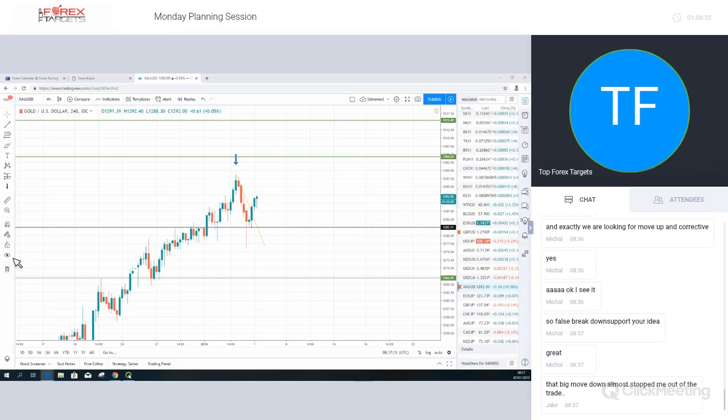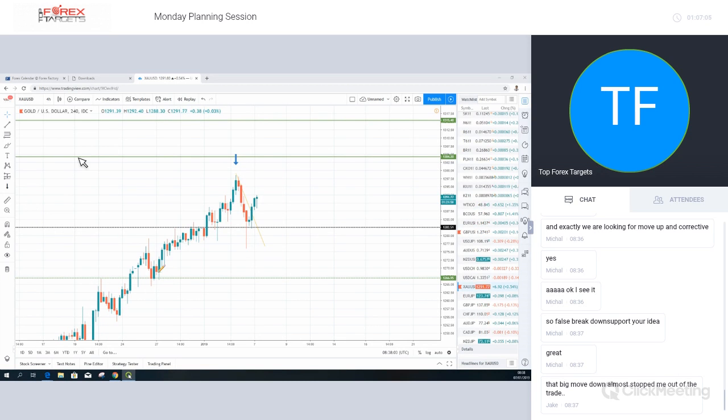Does it make sense? Trading is not easy, but it's simple. Once you know what to look for and once you have a mechanical process, you can put the pieces of the puzzle together very quickly. So what we can say about gold: is gold 100% guaranteed going to move to the 1304.20? We can't say that. If we could, we would put 100% of our account on this and make tons and tons of money. We have to accept that whilst the highest probability move is to the upside, it can still fail, and therefore we have to stick to our risk to reward management.